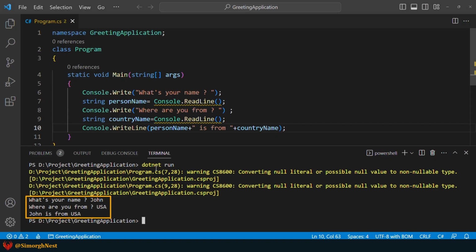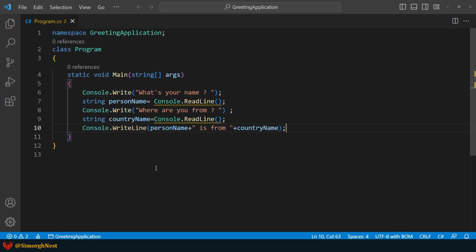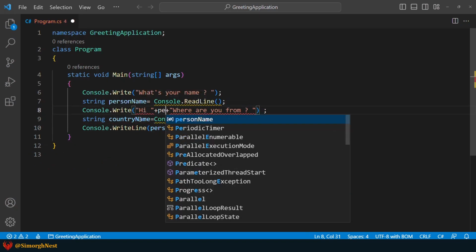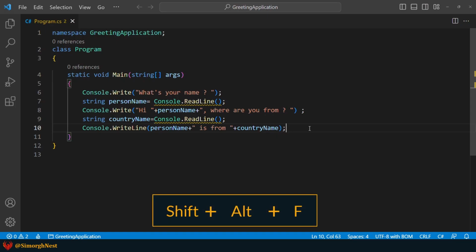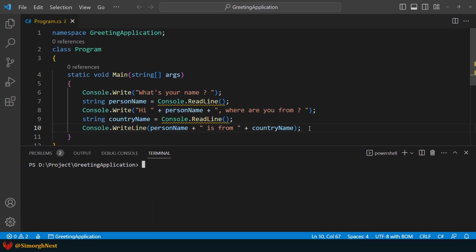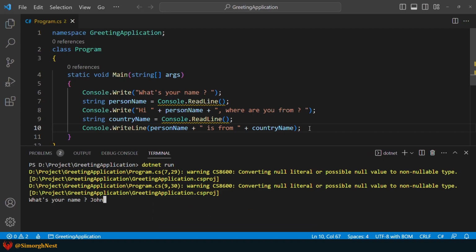As you can see, the application works fine. Alright. This is a greeting application, so let's say hi to them. We think this is a good place to say hi. Okay, if our code isn't formatting properly, we can fix it by holding Shift and Alt and pressing F. Let's test it out again. As you can see, our application is better now.